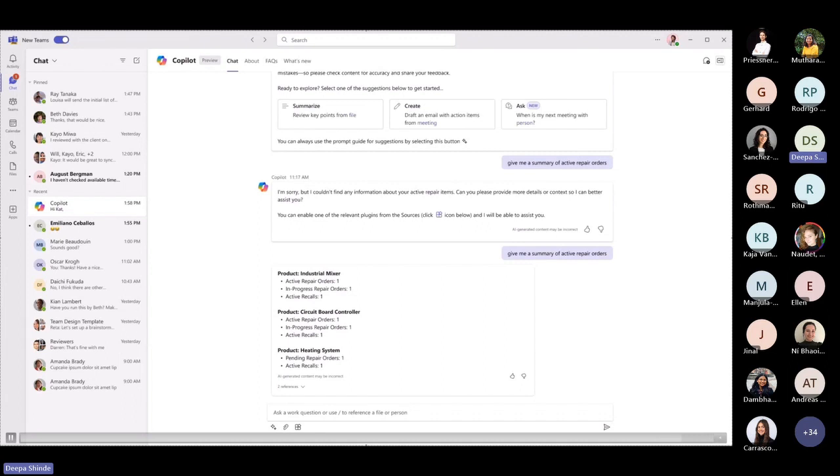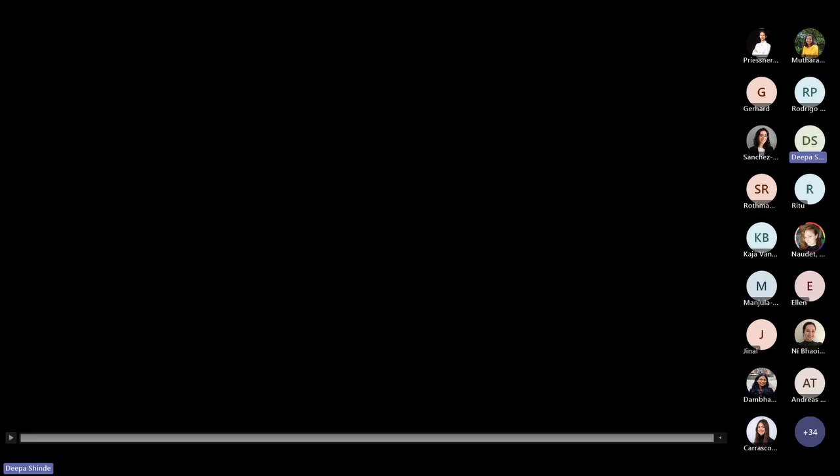Now, if you look at the output it has thrown, something important for your presentation or the outcome of your conversational application is, sorry, it just vanished. But if you remember what the output looked like, it wasn't textual. It was nicely formatted, and that is done using adaptive cards. There's a functionality called adaptive cards in Copilot Studio.